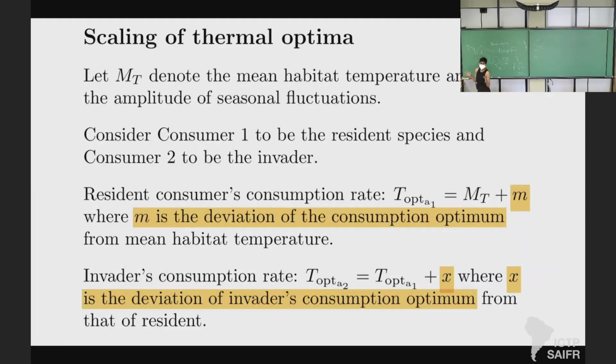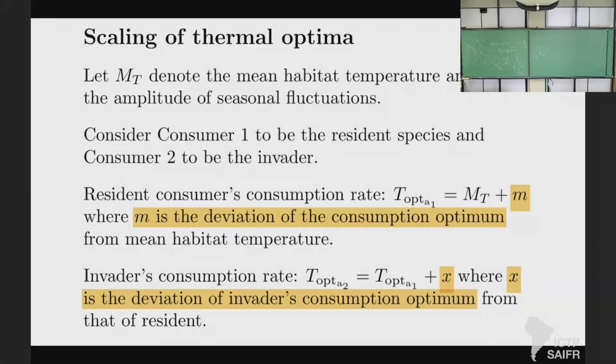Now, we want to use those empirical observations to scale the optima. So we have something called T opt, right? But how do we connect that to the actual thermal environment? We do this by, let's say, letting MT denote the mean habitat temperature and AT the amplitude of seasonal fluctuations. So MT is the mean habitat temperature, AT is the amplitude, okay? Then we say consumer 1 is the resident species and consumer 2 is the invader. Then the resident species